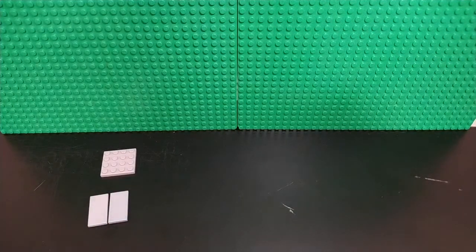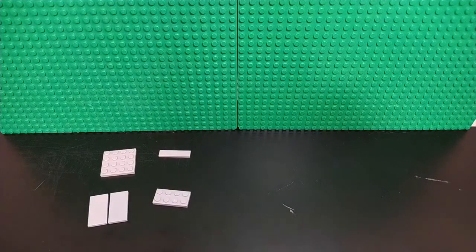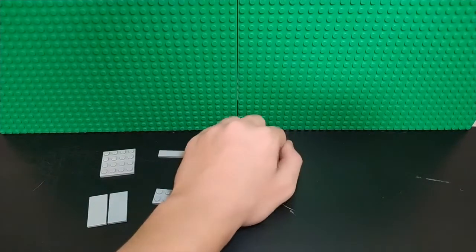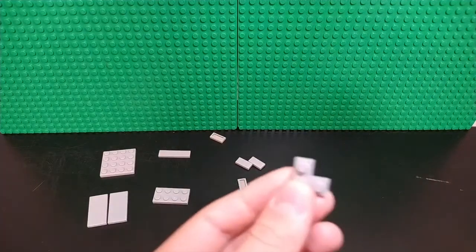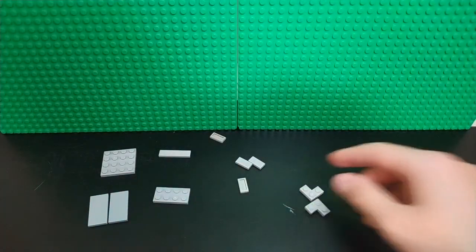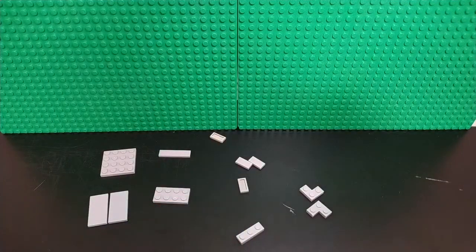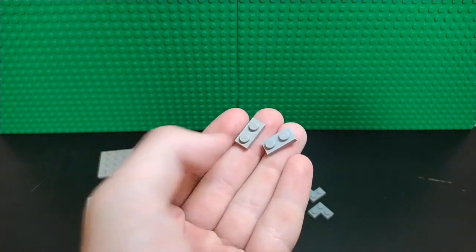Then you're also going to need a 1x4 light bluish gray tile. Oh, you can't even see that. Let me move that back up. You're also going to need 4 1x2 gray plates. Doesn't matter if it's light bluish gray or just normal gray. 2 of these light bluish gray 2x2 L-shaped plates, a 1x3 gray plate, 1x2, sorry, light gray plates,